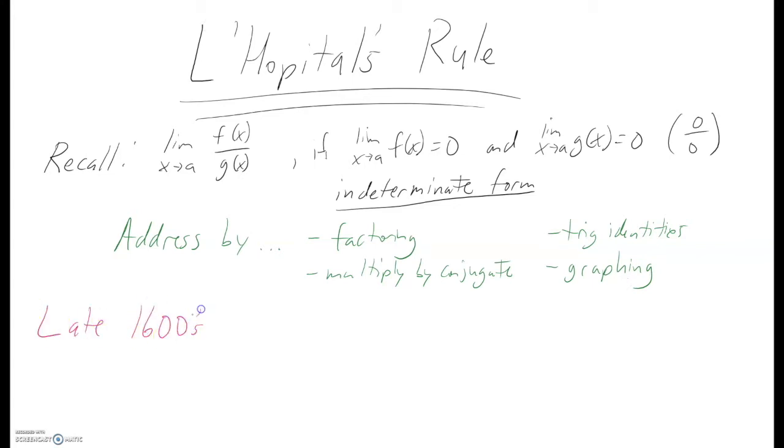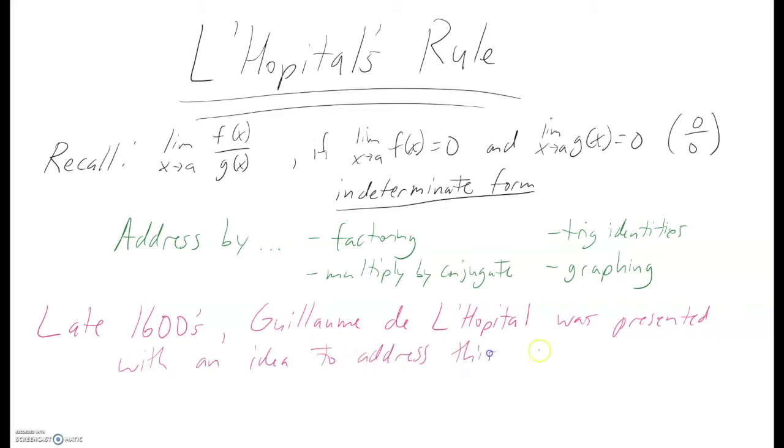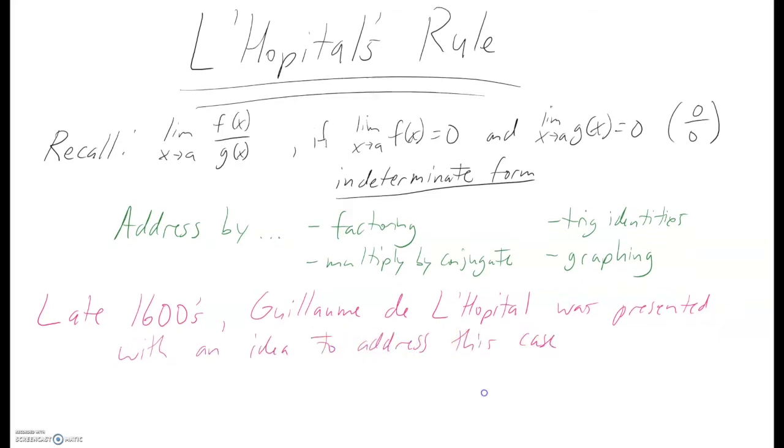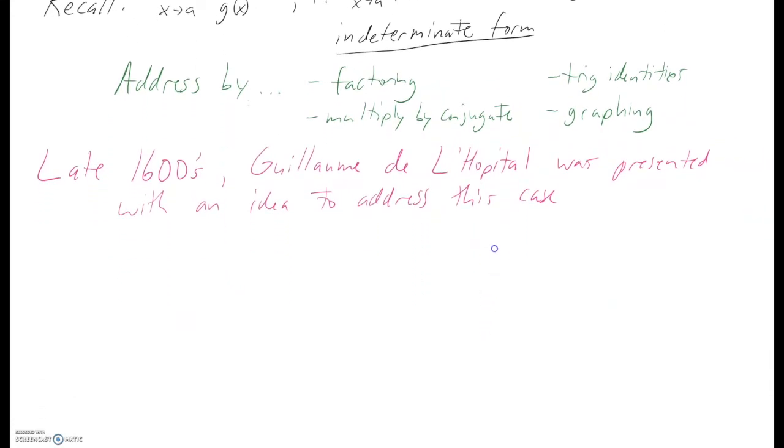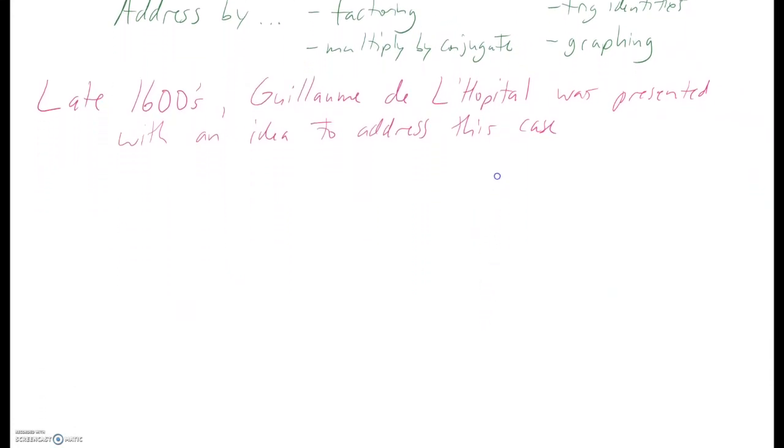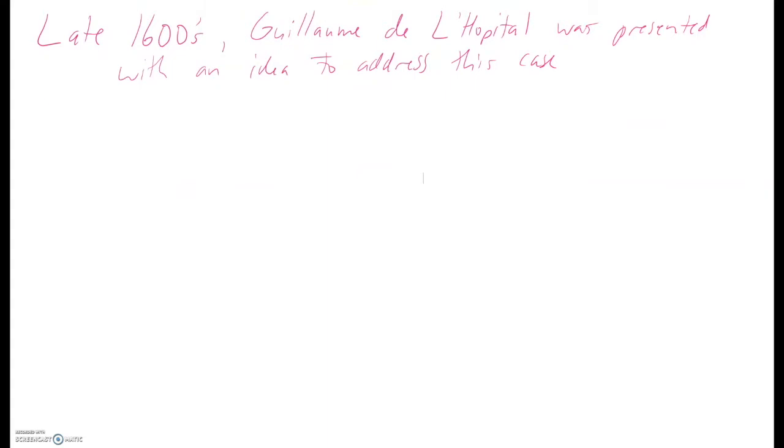But here comes a little bit of a history lesson. In the late 1600s, Guillaume de L'Hopital was presented with an idea by another mathematician named Bernoulli. He was presented with an idea specifically to address this case where you end up with the indeterminate form when looking at limits that result in 0 divided by 0. And so before we get into this idea and how L'Hopital addressed it,